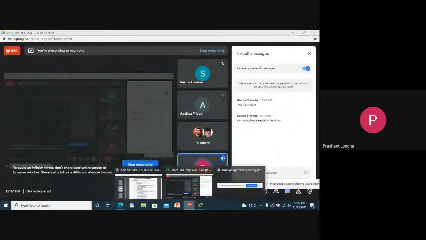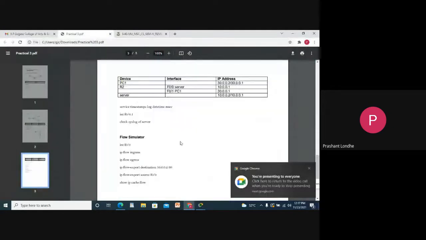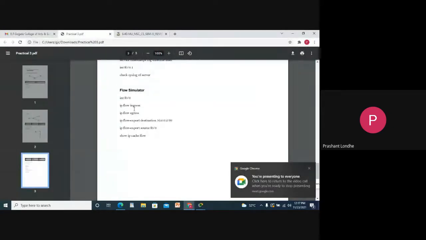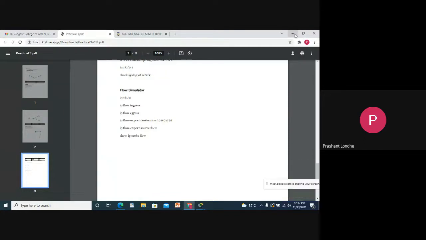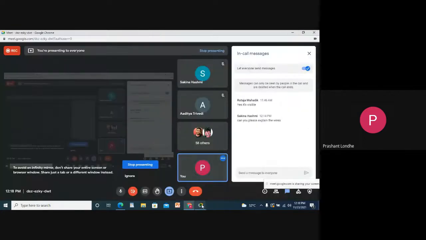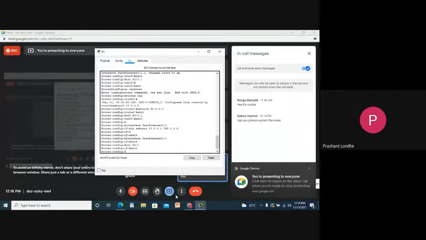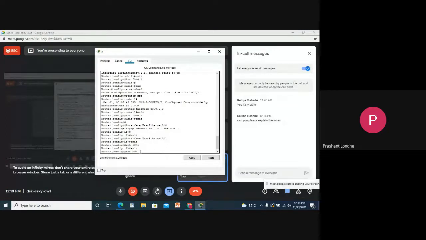We are using the same kind of diagram, and we just need to flow the ingress packets and egress packets. So simply, I will do the thing. Interface f0/0.